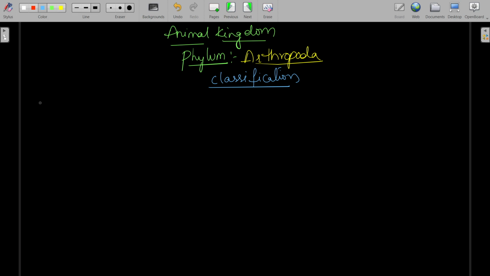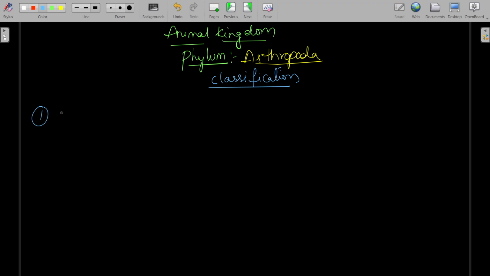Hello students, in the earlier classes we have learned about the general characteristics of arthropoda. So this session starts with the classification of arthropoda. Phylum arthropoda is divided into seven classes,